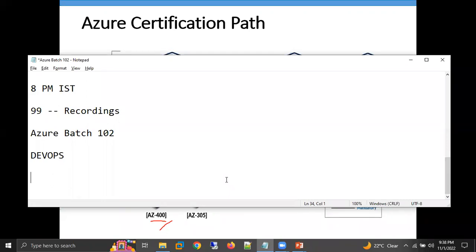So I paid for I think batch 99. So no issues, you can join this batch. Like an earlier student also said that he has paid for batch 99. Recordings you will get for 99, but yes, you can attend live training under this 102. You can attend live training on this one. So I'm just not going to get the recordings for this one. Recordings you will get only for the paid batch. But if I want this one, I can pay again. Yes, if you want recordings for this, then you have to. Okay, thank you.